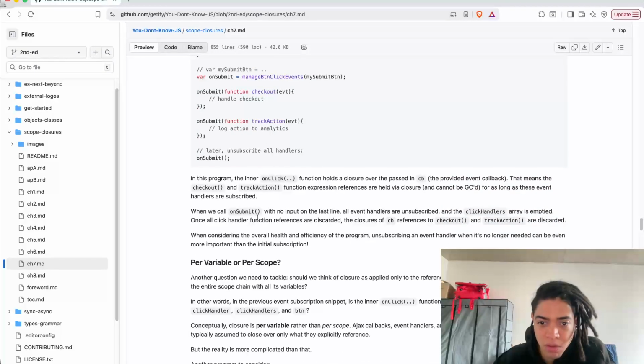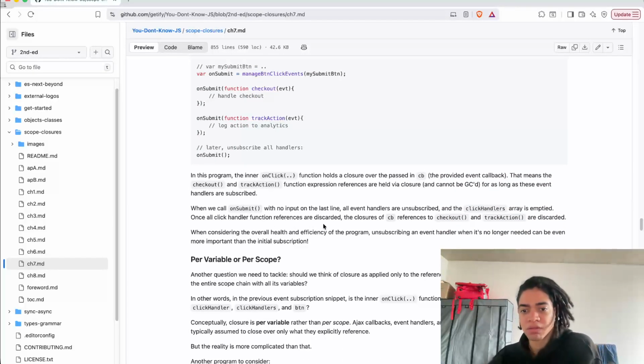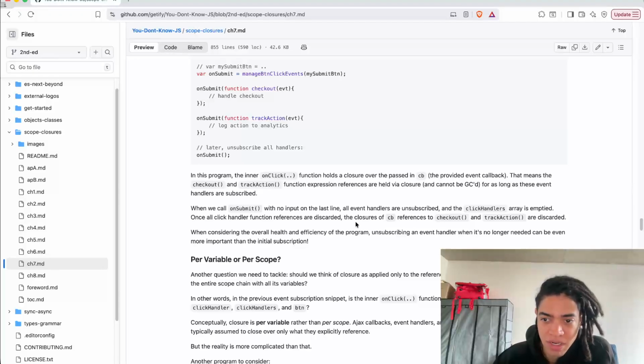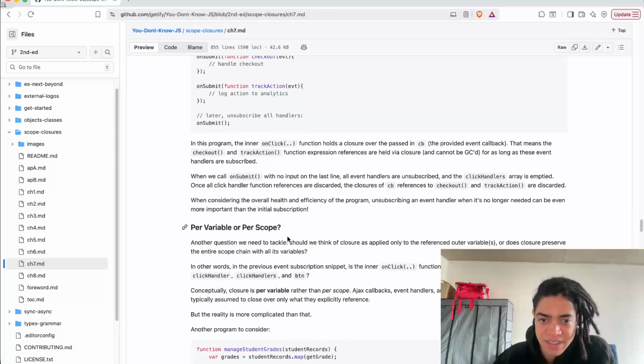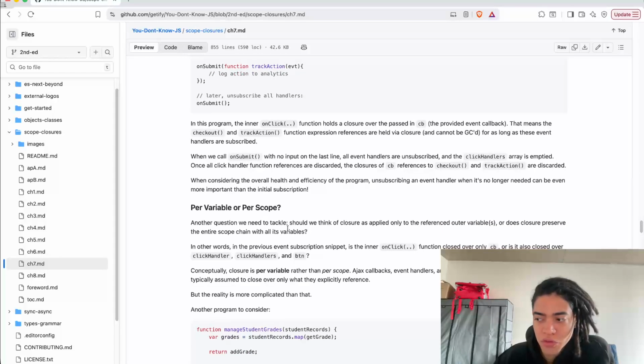So when considering the overall health and efficiency of the program, unsubscribing an event handler when it's no longer needed can be even more important than initial subscription. Exactly. So you also need to find ways not only to keep track of elements or variables that you want to use over time, but you also need to find ways to unsubscribe from them or to remove those function references. So in other words, in the previous event subscription snippet,